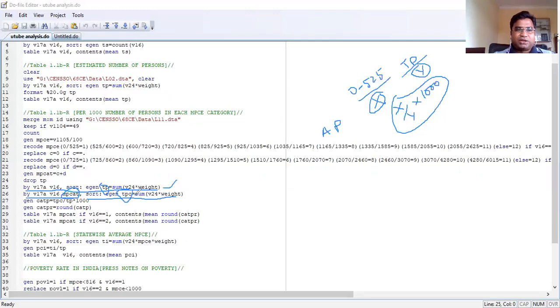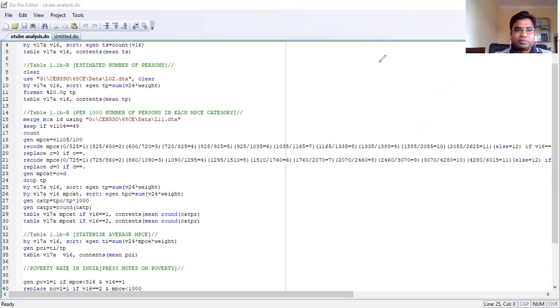So if I divide this TPC by TP and then multiply with 1000, that is what is written here, then I'll be able to get the category wise population. That's plain and simple. So that's why I have generated it just by dividing these two numbers. TPC is my numerator, TP is my denominator, multiply it with 1000, then you get it.